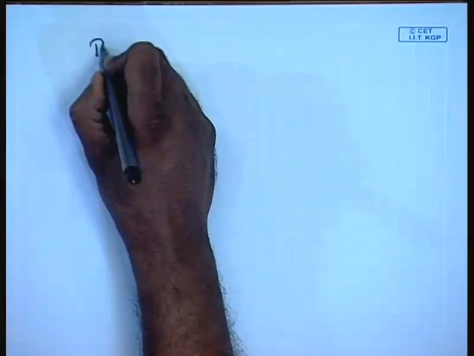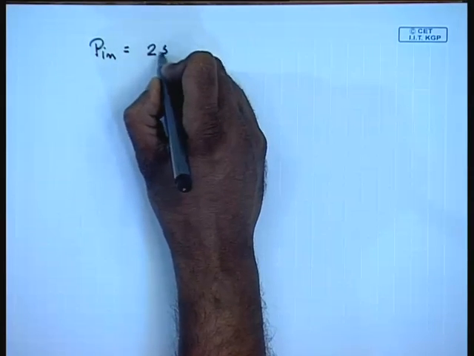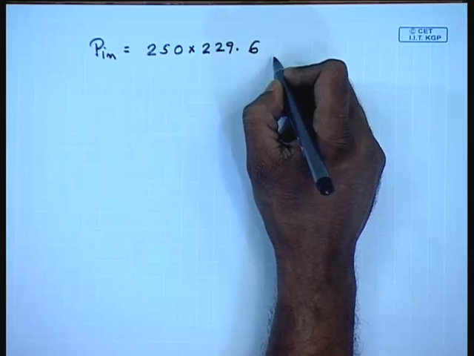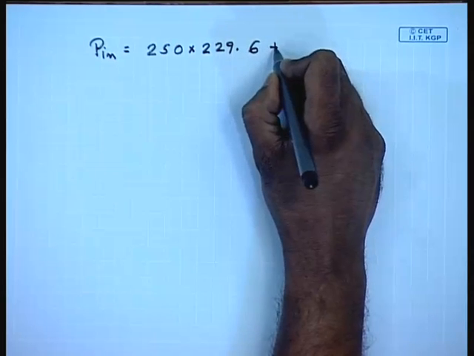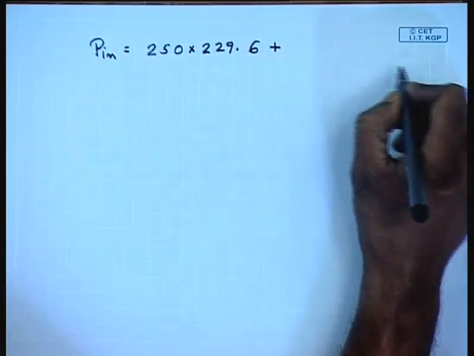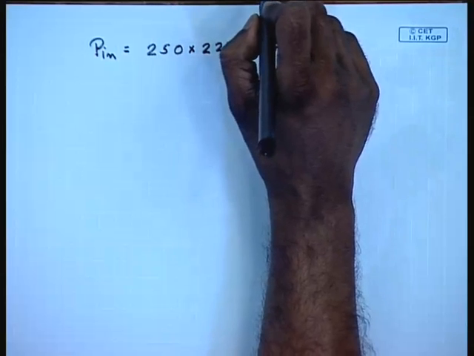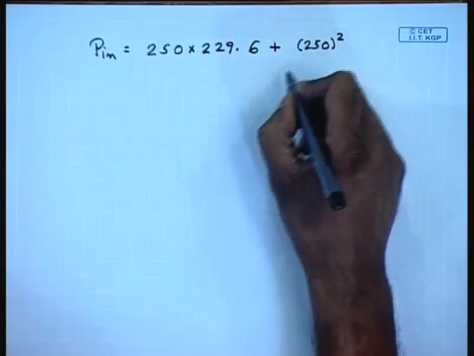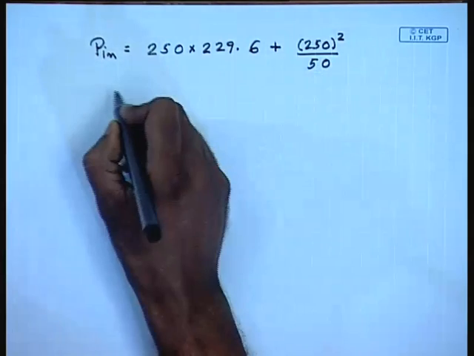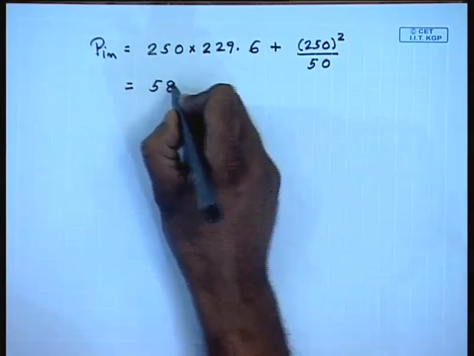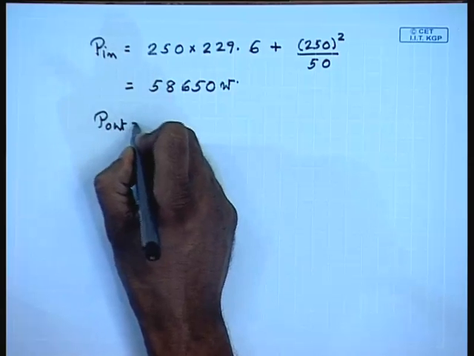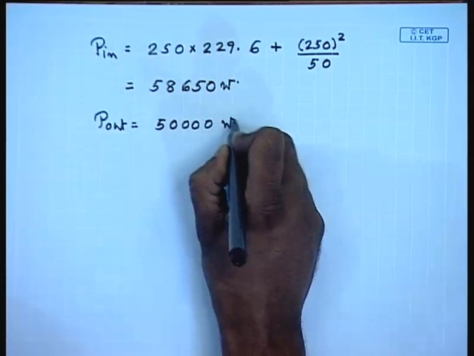so input power P in, plus the shunt field power is 250 square by 50, this comes to 58,650 watts, and P out equal to 50,000 watts. So, efficiency is